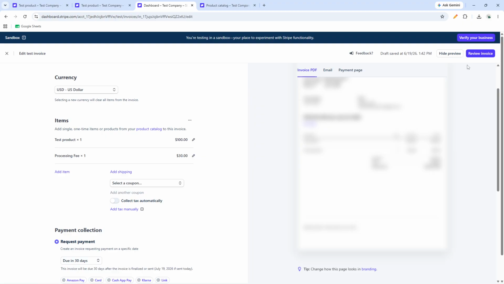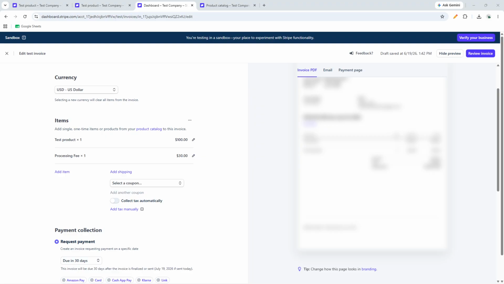Once payments start coming in, monitor them from the Stripe dashboard. Keeping an eye on completed payments helps you confirm that your updated pricing or invoice fee is working the way you intended. One quick tip before you wrap up: always review your totals carefully after making any pricing change, especially